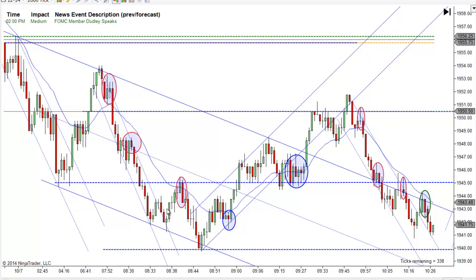Because that's really the first close outside of this little short-term trend line coming down. So there's a second entry short there, but you can't go short into that support because it could bounce there. It would have worked, but I don't think you can go short there. And you get another second entry short here, but now you've got the break of this, a new low, and